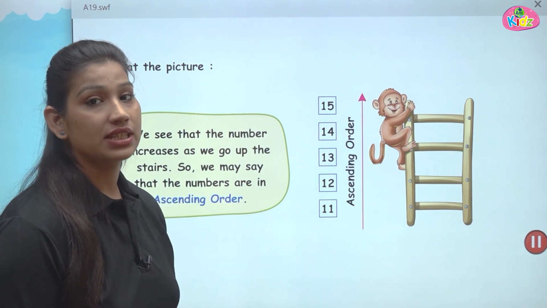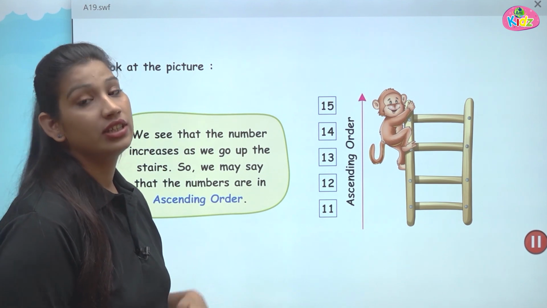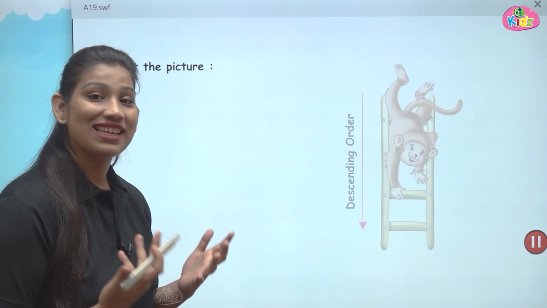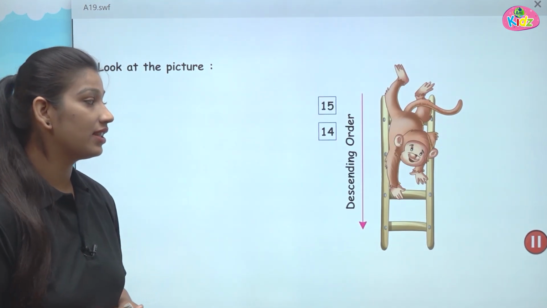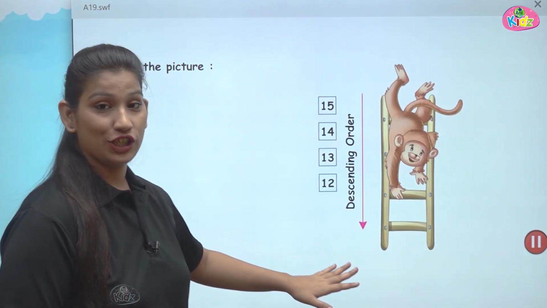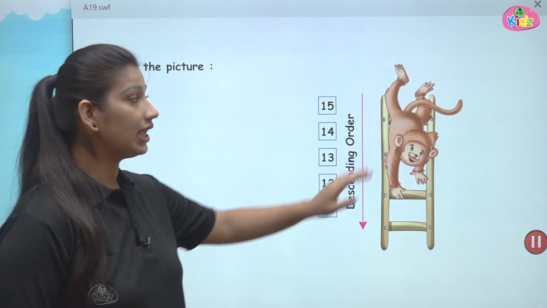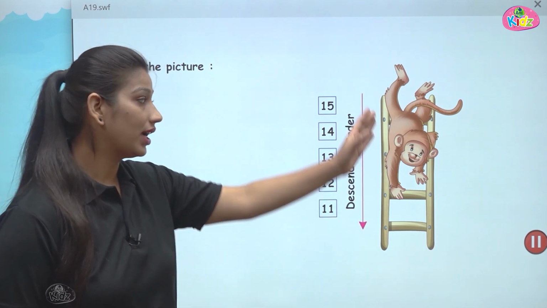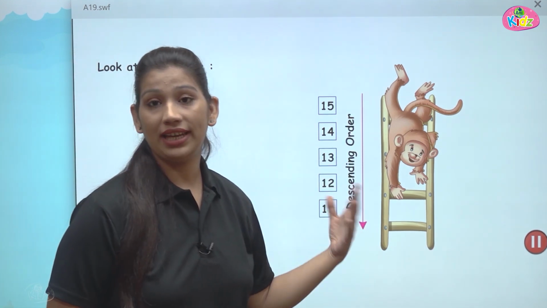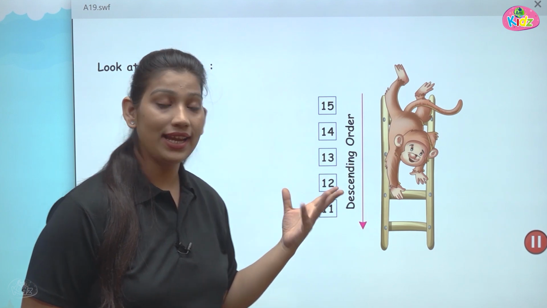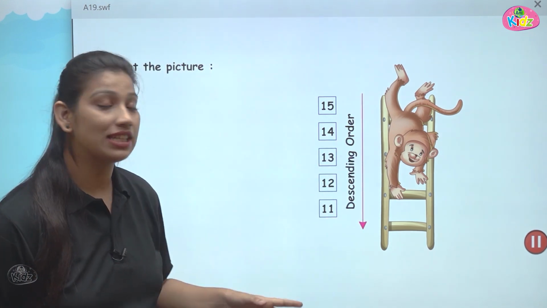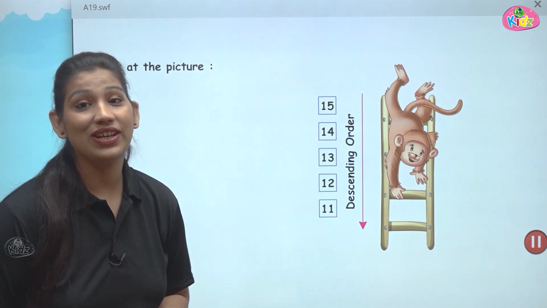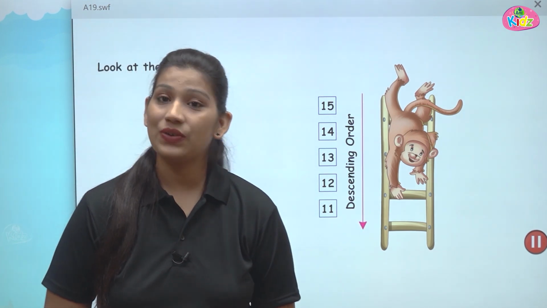While now comes up to the descending order. You will see another picture and find out what is descending order. Here you can see the monkey and the direction is also changed. The monkey is now coming backwards, going downwards, right? Monkey is also coming downwards. पहले monkey up climb कर रहा था, right? But now the monkey is coming down and the arrow is also downwards. This means decreasing order.